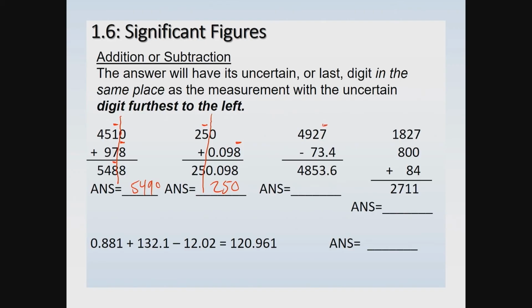So the 7 is the uncertain digit. We have 3 significant figures in 73.4. So the 4 is an uncertain digit. And so what we want to do is round the answer such that the uncertain digit in the answer is the first to the left of the measurement. So we want to round that to the ones place. So what we want to do is round this to